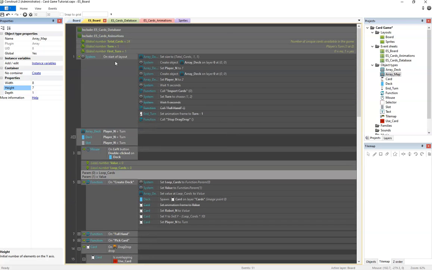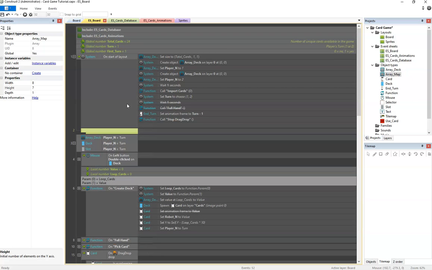Now we go on the start layout. We make a new sub event because at the start of the layout we want to set this value, the array map, as empty. Normally it's 0, but since we have a card that starts with value of 0, it will look like every time we put a card and we record the number of the card on the array map, it will be full of cards number 0. We don't want this. So to not get confused, we just say that array map at the beginning is full of values of -1. So to do this,